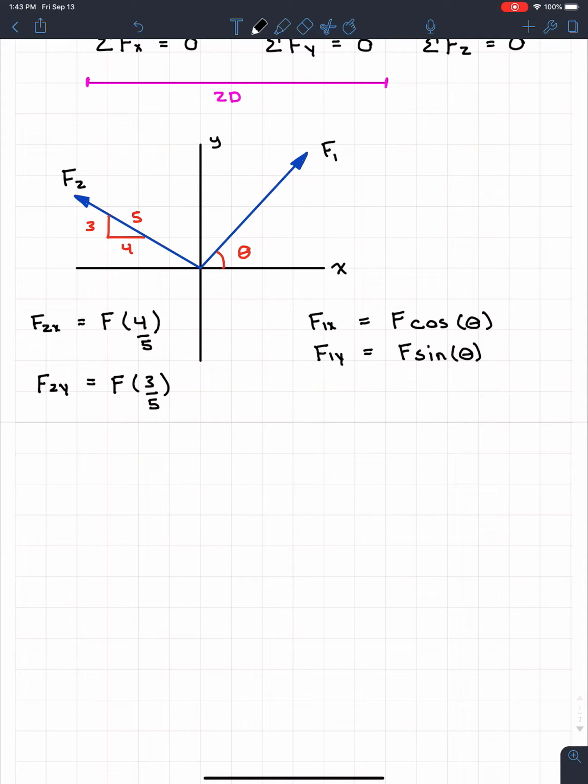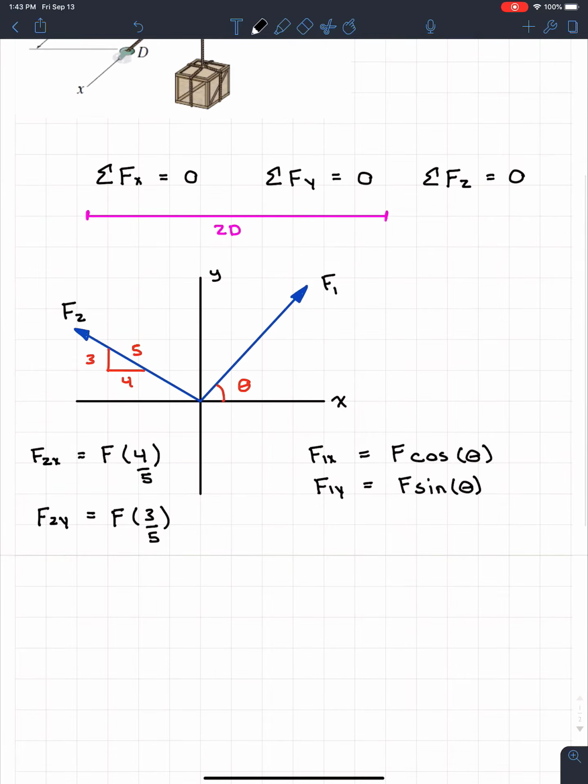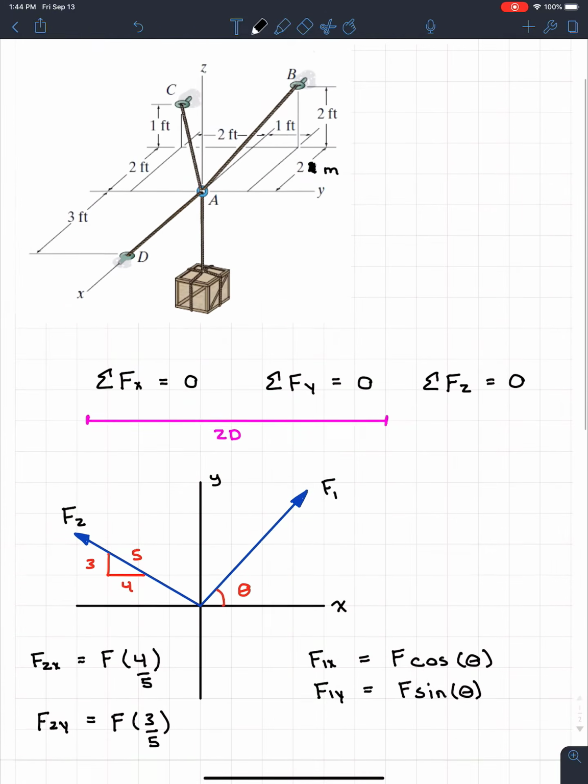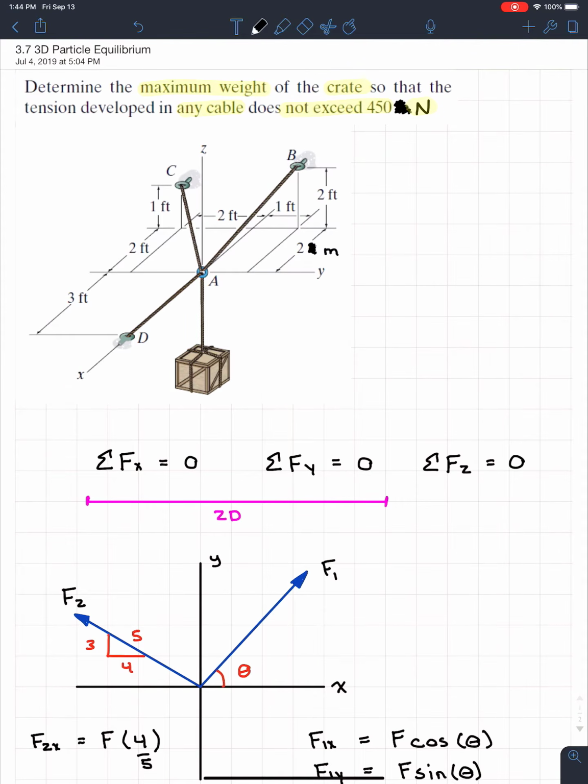And for 2D, these are the only real cases that you're going to have. So finding the components is really simple. The hardest part in 2D for students is usually just solving those equations, especially if there's a trick involved, such as a pulley or a spring, where you may have to do a little bit of extra work or make extra assumptions. But now, unfortunately for you guys, the midterm's probably going to be 3D, because the 3D can test